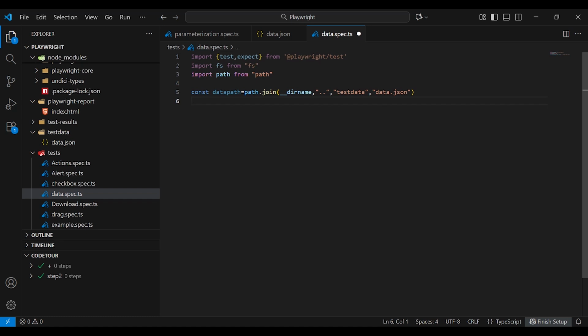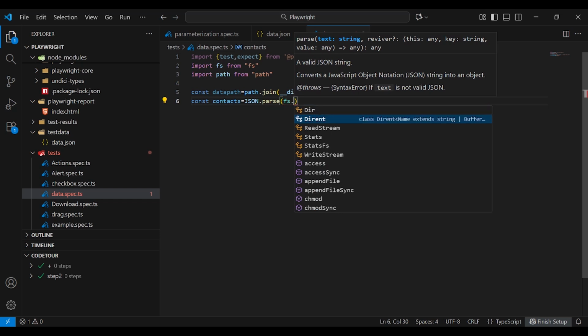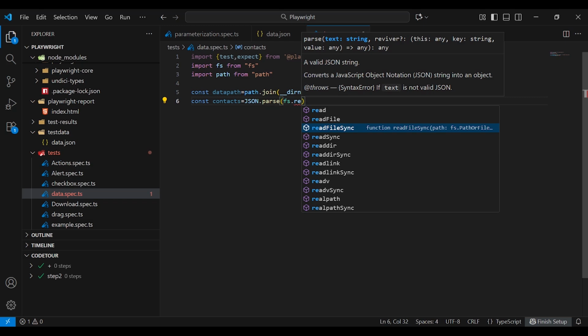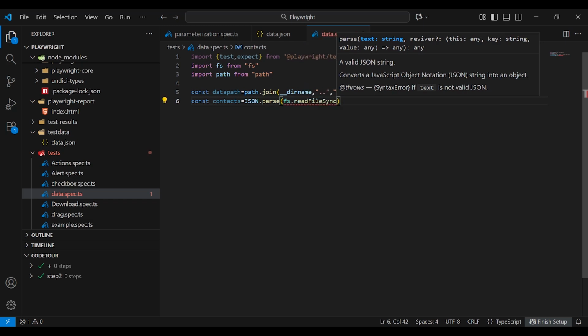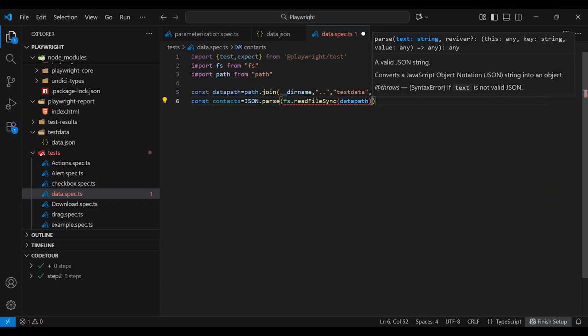Now read the JSON file. We need to read the JSON file. So here enter const contacts, the variable name, is equal to JSON dot parse, fs dot readFileSync. Here we need to choose readFileSync to read the file, dataPath, and use UTF-8 here,